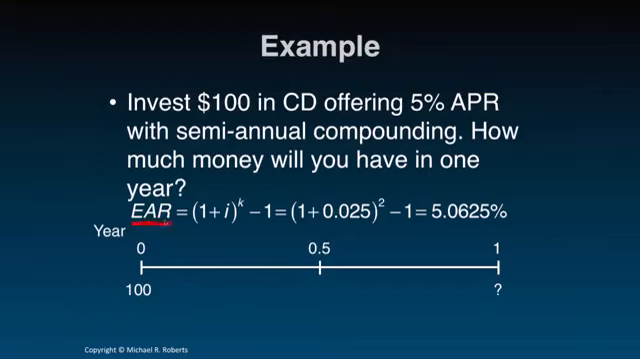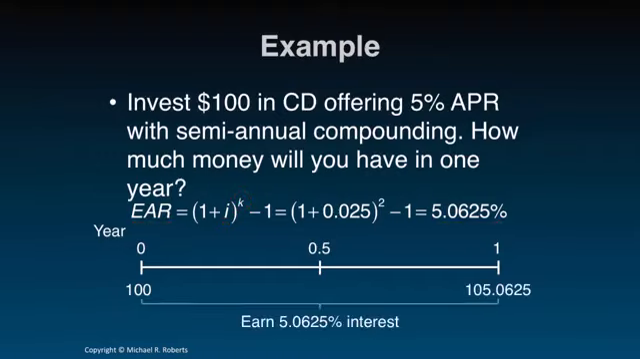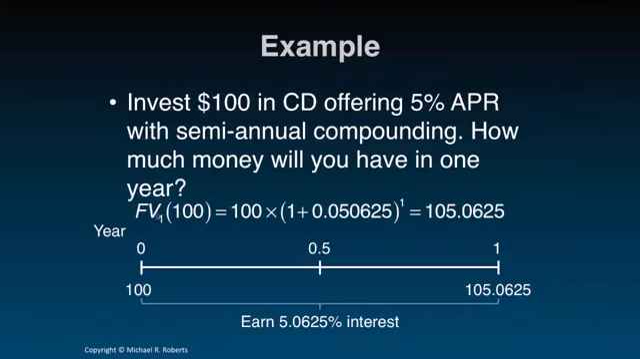to be the EAR, the equivalent or the effective annual rate, which we know from earlier is just 1 plus the periodic rate raised to the number of compounding periods per year, so 1 plus I to the K, which in this setting comes out to 5.0625%. In other words, over this entire period, I'm going to earn 5.0625%, which turns out to equal $105.06, a little over 6 cents. That is, the future value